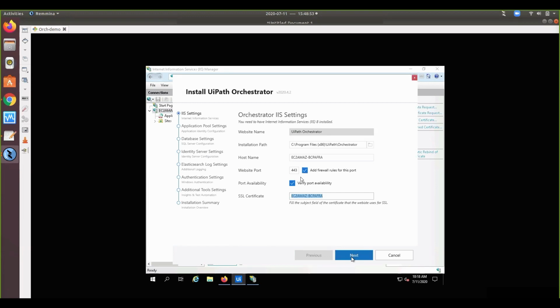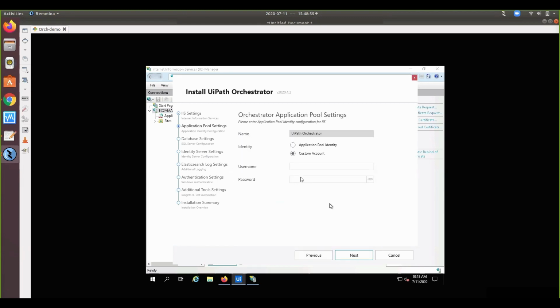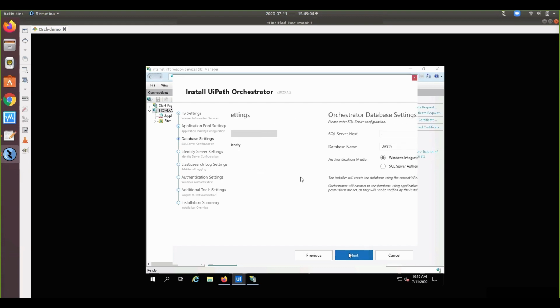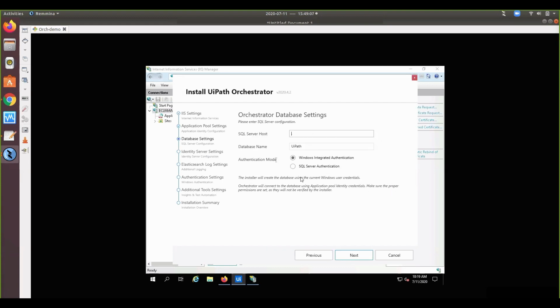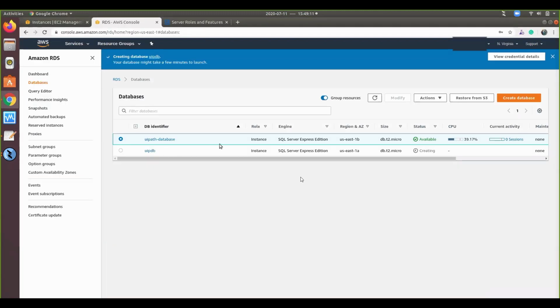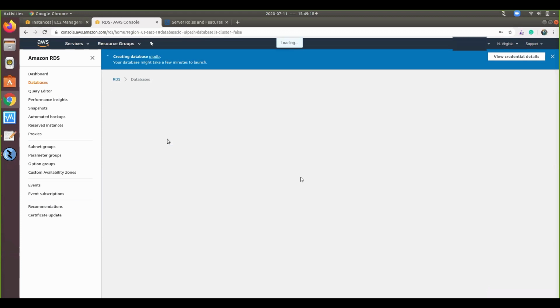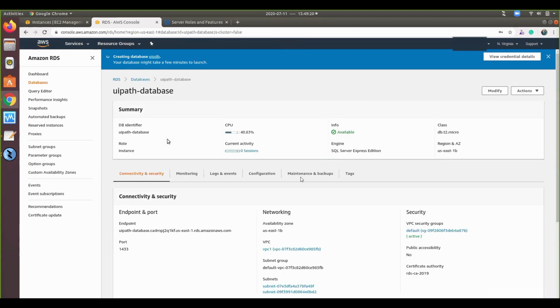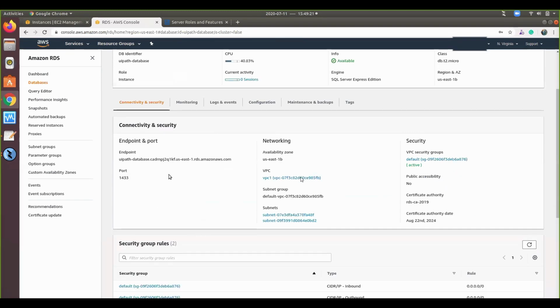Now we need to click on next. We'll go with the application pool identity, where all my connections will run under a single pool. Here is the database configuration. Let us copy the database endpoint. This is my database endpoint.